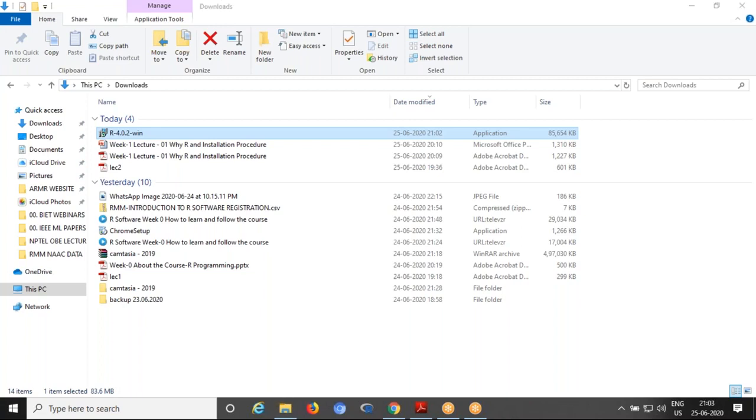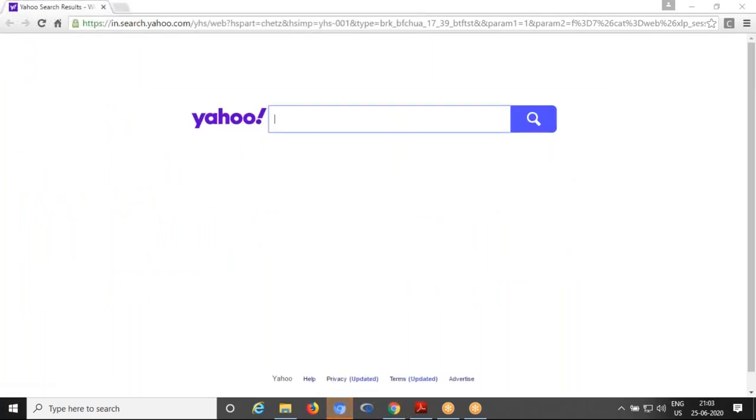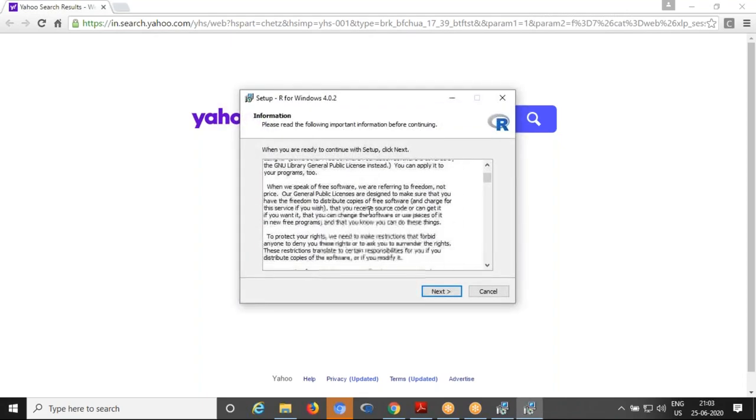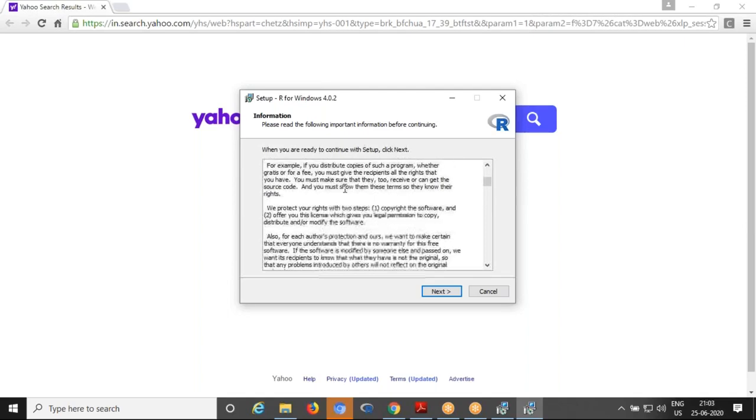Once the installation is successfully over, it creates a shortcut desktop icon showing R. Now you can see, do you want to allow this app to make changes? So click on yes. See, the default language is English. Then see the information.